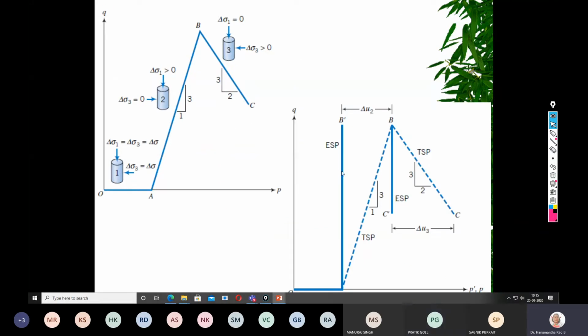Sir, do we have to consider this for both kinds of soil, fine grain and coarse grain? You can take it, but the material doesn't matter. Otherwise, just try it. When you are exploring, you will get an idea whether it will be different for fine grain and coarse grain, or the same for both.